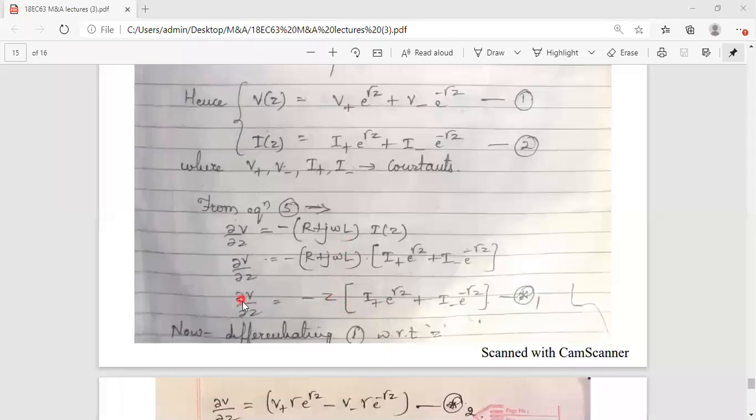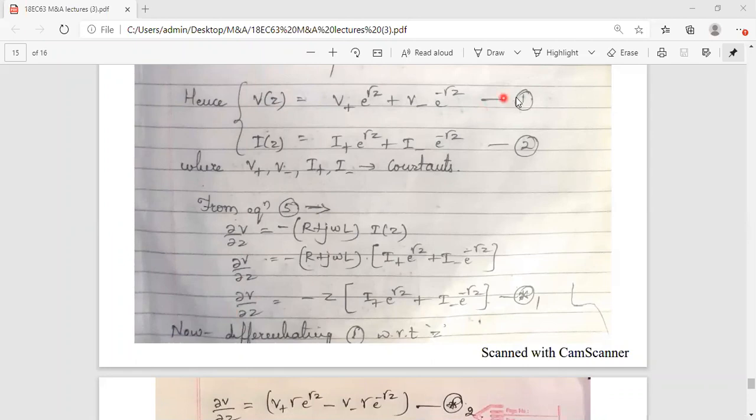Okay, so this is ∂V/∂z equal to one equation I got. Now, what is the first equation? The first equation is for V(z). And what I got here, the star equation, you can see it is also for V, but I have some differentiation existing here, the partial derivative ∂V/∂z. So if I take the differentiation of this, I can equate both LHS.